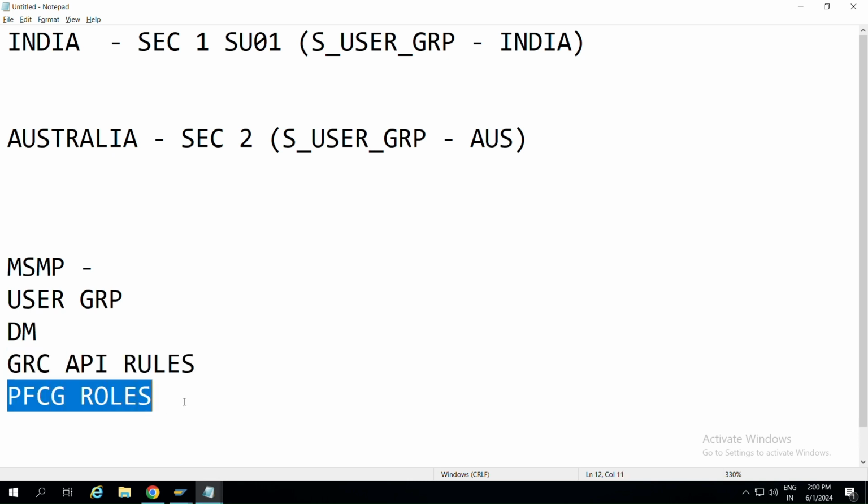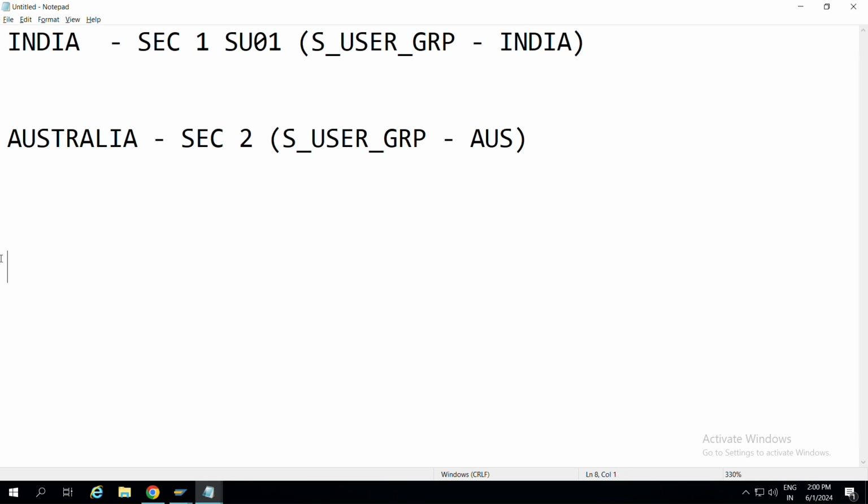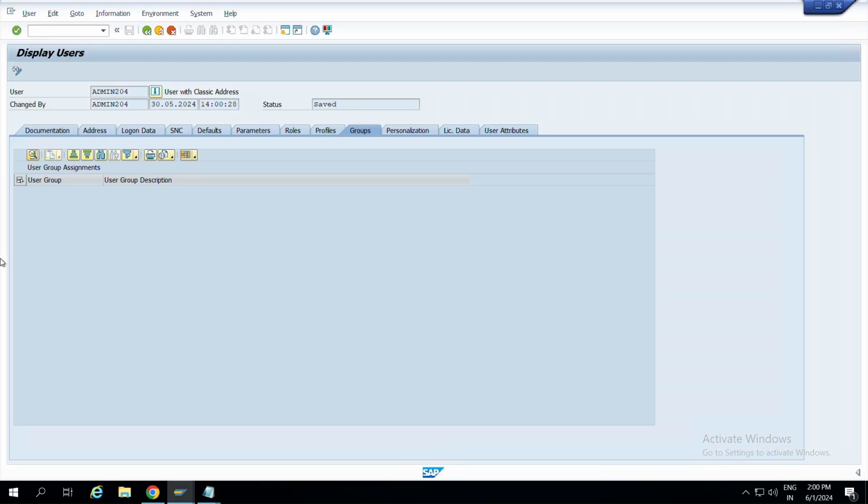PFCG roles means you will create one separate role named approver, and you'll assign that role to approvers. If you configure this MSMP with PFCG roles, then whoever is having that approver role will be the approver. Okay. So because of these reasons, you can tell that under MSMP configuration, we can use user groups. You can tell that also.